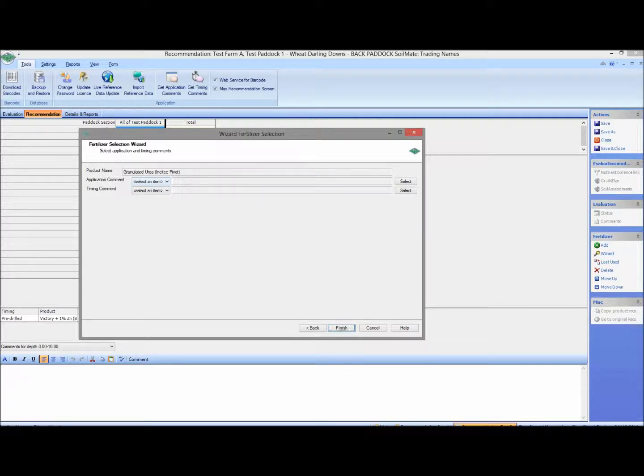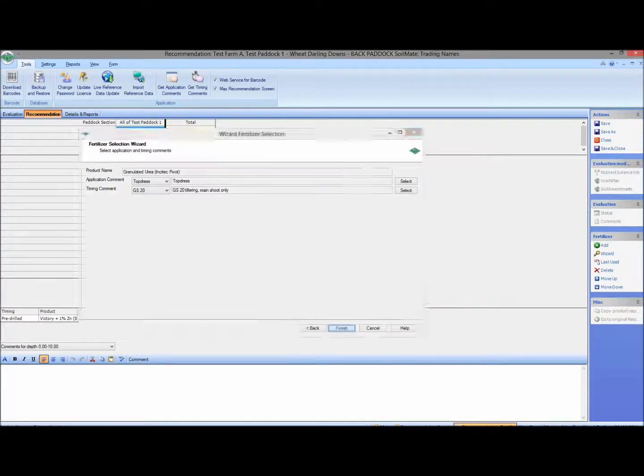Now it wouldn't be common in the Dolby area to top dress nitrogen, but it is in many parts of Australia, so we'll top dress this, and let's suggest that this season we actually did get some rain, or it's predicted we're going to get some rain in the early growth stages, to put some nitrogen out. So we're going to top dress this at the GS20 stage, and we can press the finish button, and